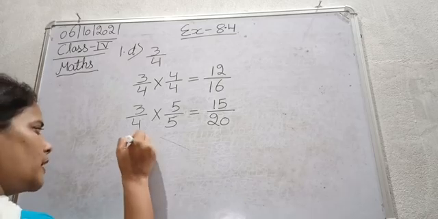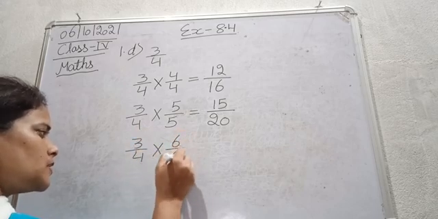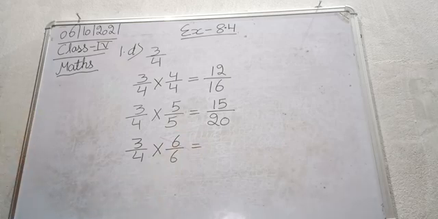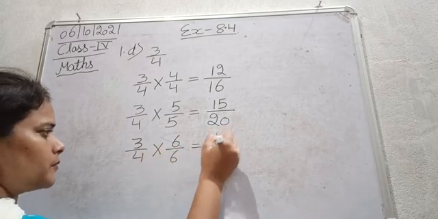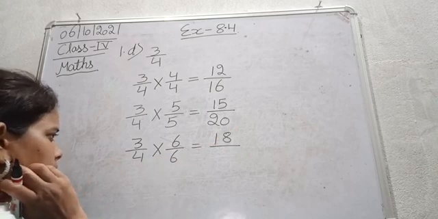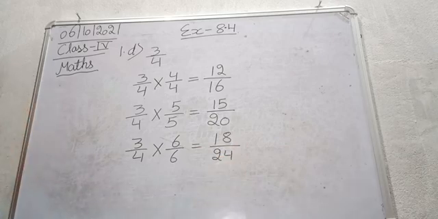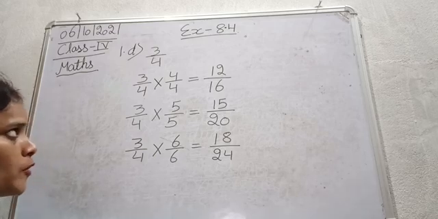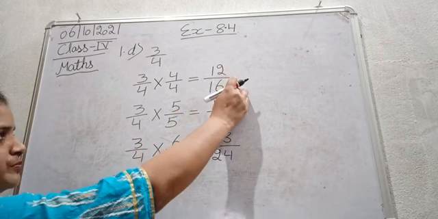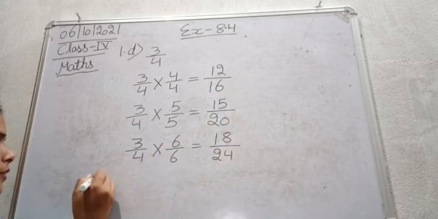Moving next to the third one. 3 upon 4 into 6 upon 6. 3 6s are 18, 4 6s are 24. Okay, now these three equivalent fractions to 3 upon 4 are 12 upon 16, 15 upon 20 and 18 upon 24. Write down, therefore,